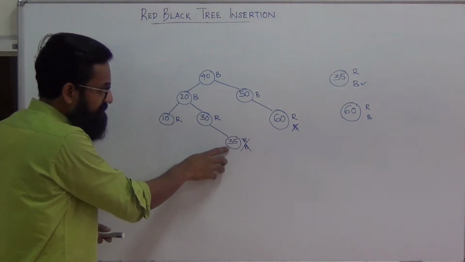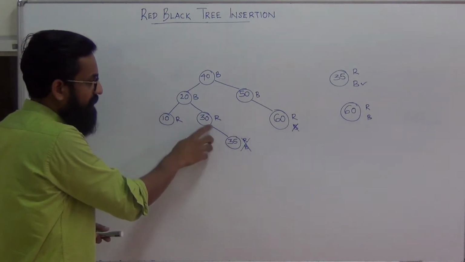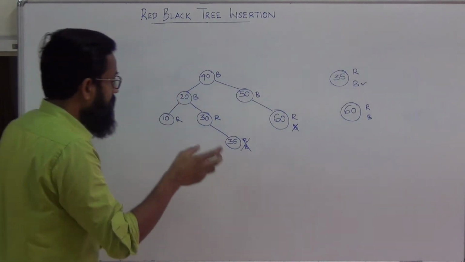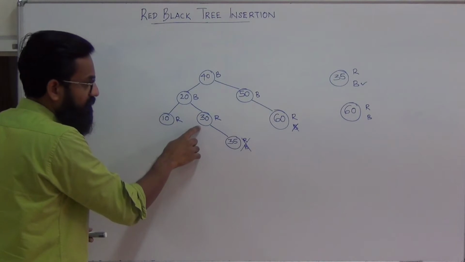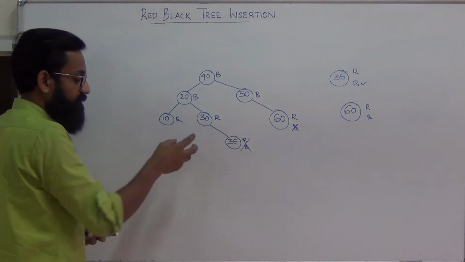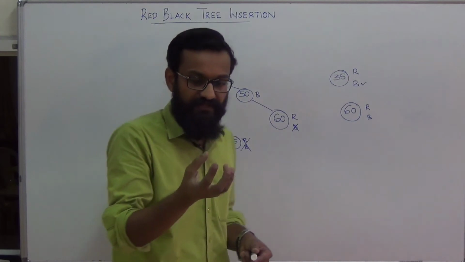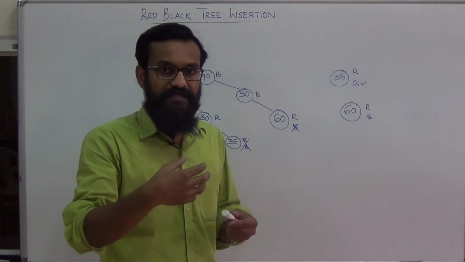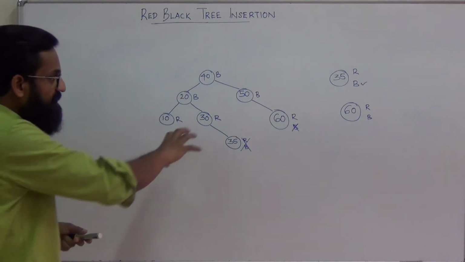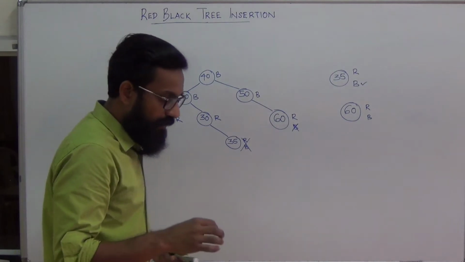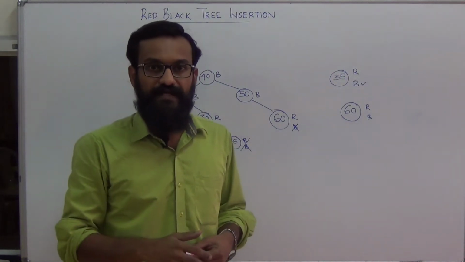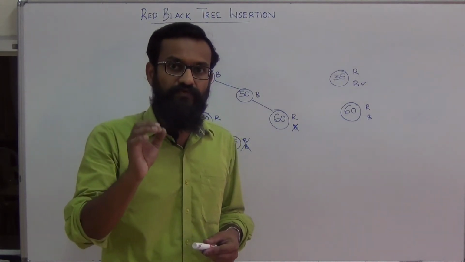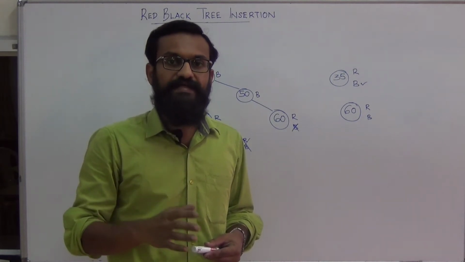So what happened in the previous insertion was that, by fixing the color of the new node as red, the parent of the new node was actually red in color. So we inserted a new red node as a child of a parent whose color is red. That violates the coloring property. From this it is pretty clear that if you color the new node with red, in some cases it will violate, and in some cases it will never disturb the red-black properties. But if you color a new node with black, it always violates the black height property.